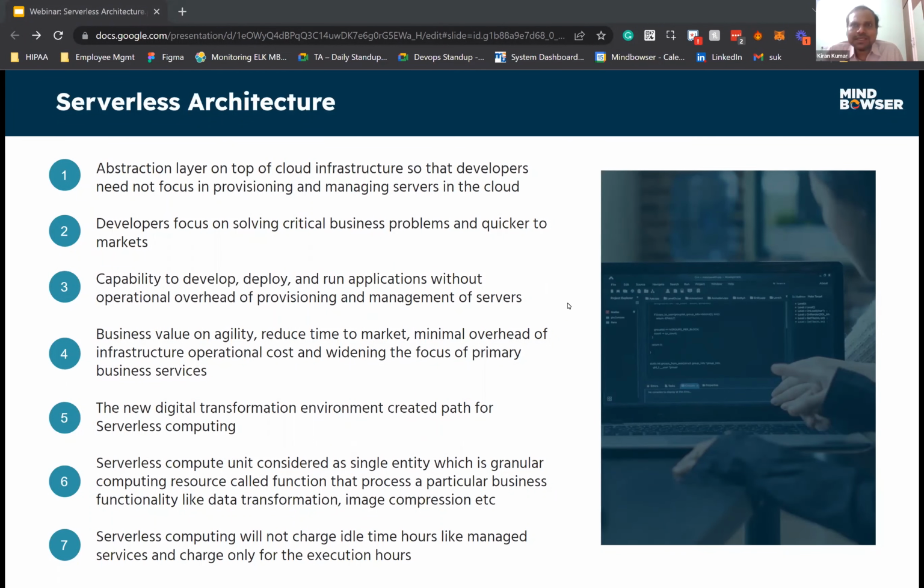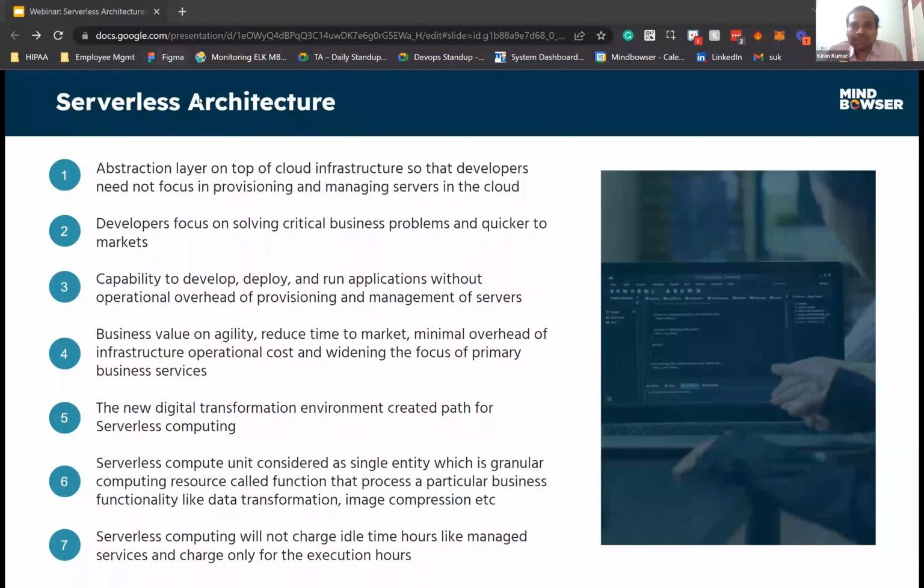Especially in digital transformation, when we do modernization, many legacy or monolithic services can be converted to microservices. A microservice can be mapped to one serverless computing unit, where we map a code to one deployment, so that it can run as one granular unit.